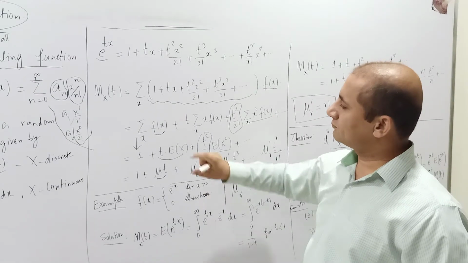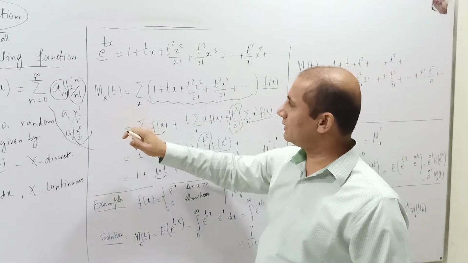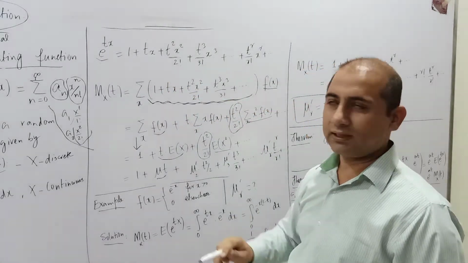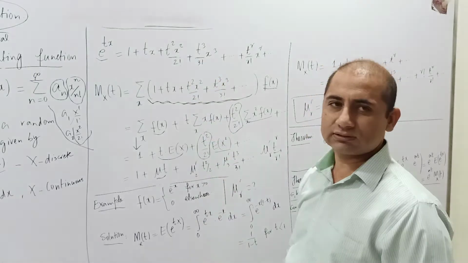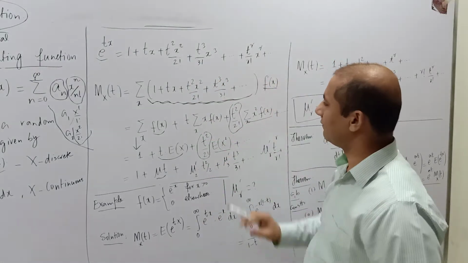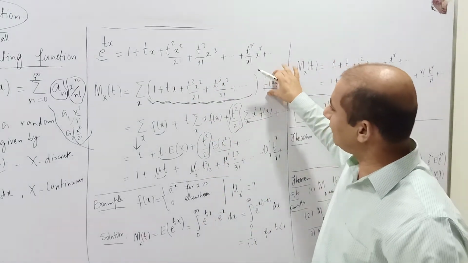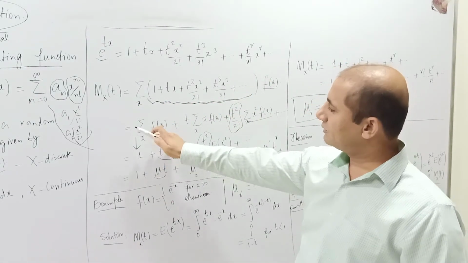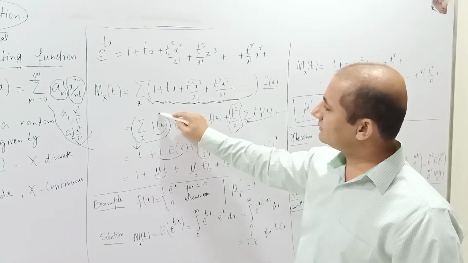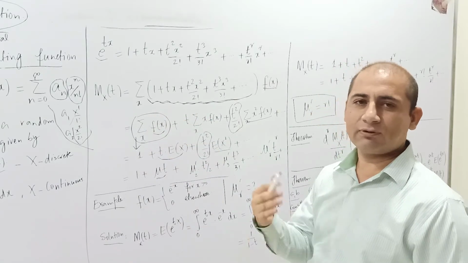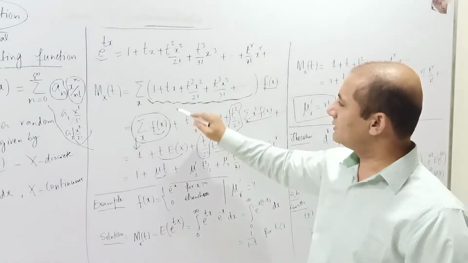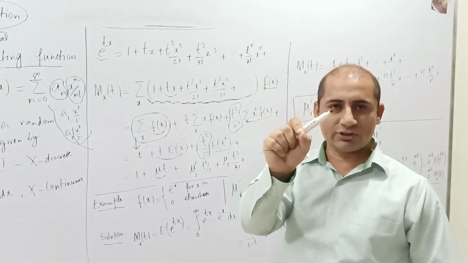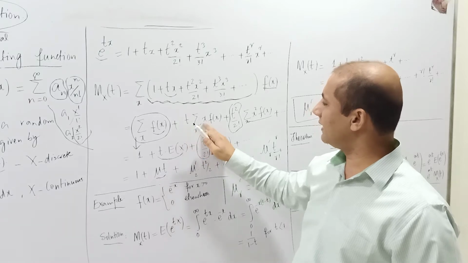And now when I consider Mx of t, instead of e to the power tx, I replace e to the power tx by its Maclaurin series, and over here I have f of x. So when I multiply this f of x term wise and I open this summation, what do I obtain? The first term becomes simply the sum of f of x, which is the sum of probabilities, and this is 1. The second term becomes t x f of x, and then this summation. So I take this t out, and this is x f of x.